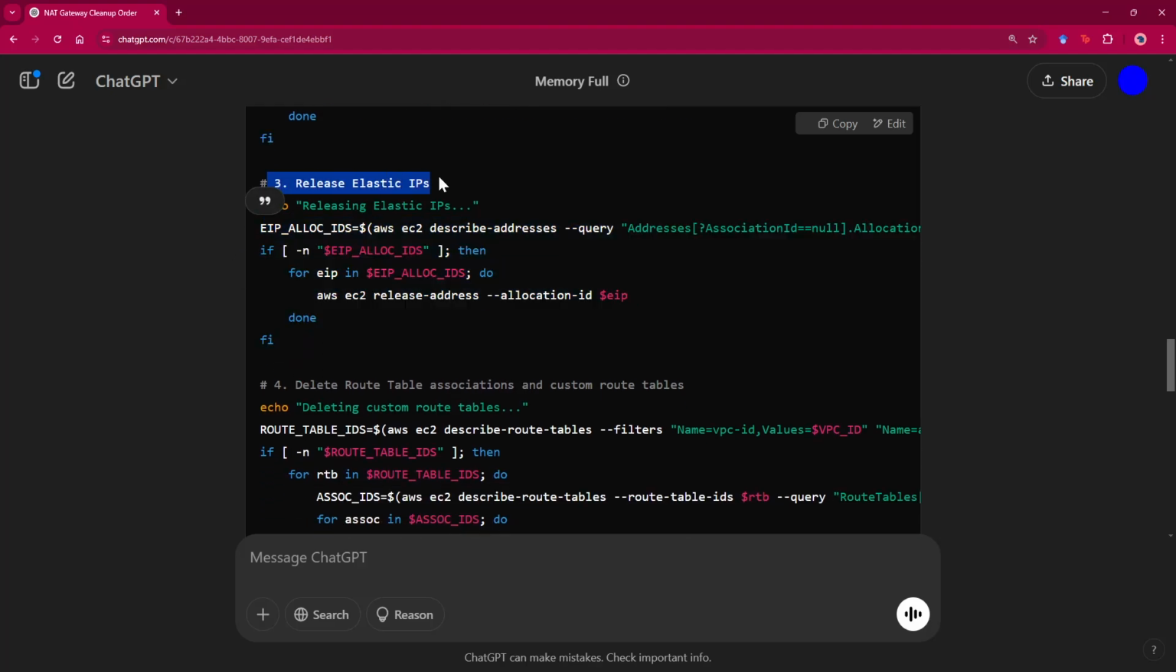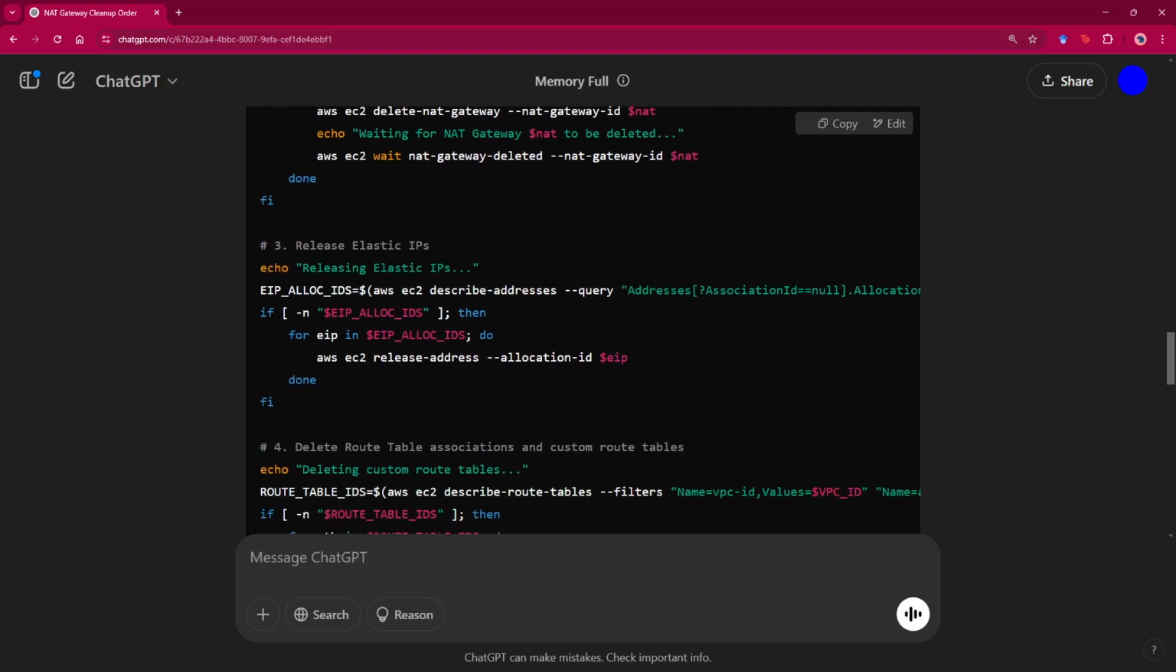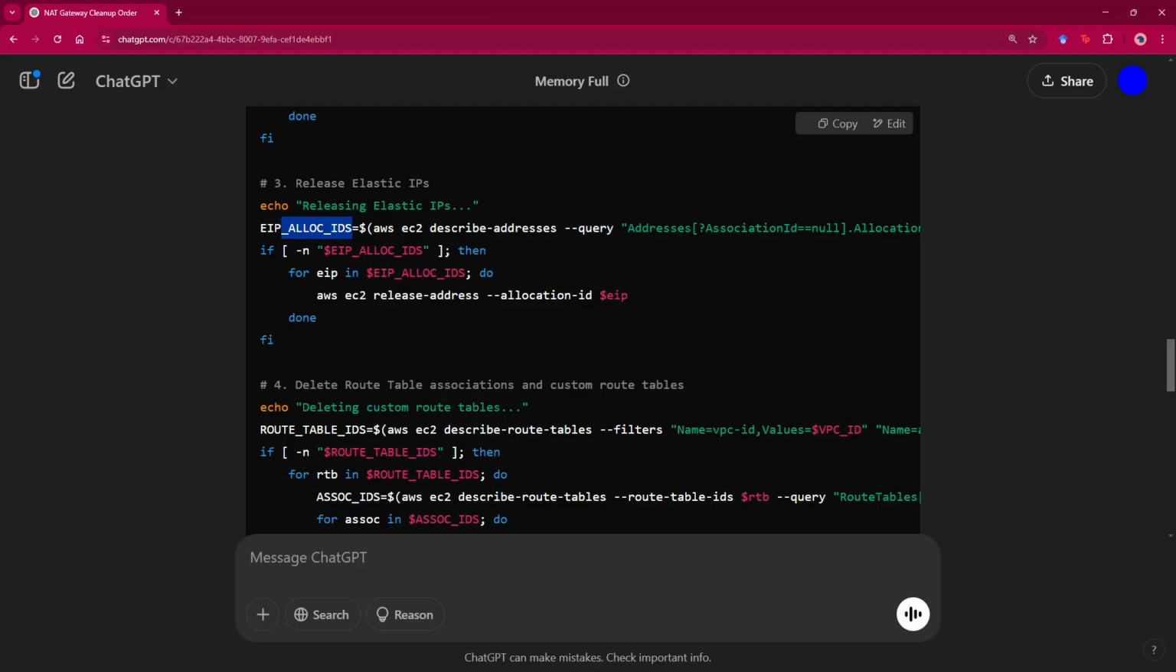Here we're releasing the elastic IPs. Echo releasing elastic IPs, always begin with an echo. EIP alloc IDs, so use uppercase letters for that variable name. If -n; then for EIP in $EIP_ALLOC_IDS; do. So after that semicolon, space, and then do. aws ec2 release-address, that's the command release address, and then --allocation-id